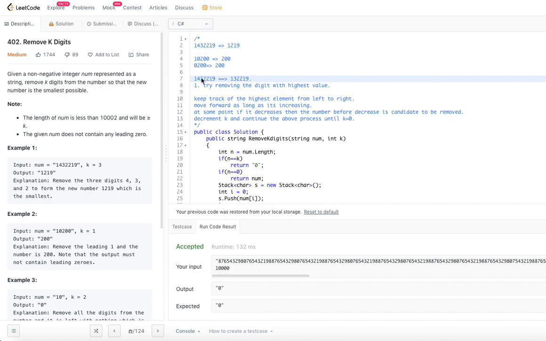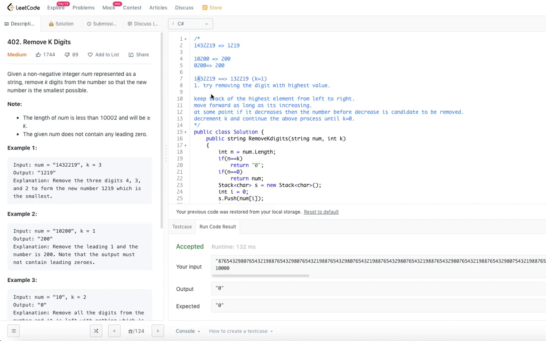By removing one number, let's say k is equal to 1, that's what I am going for here. That means we are trying to remove only one number from this. If we remove which number, that will become the smallest? That will be 4. So at a given time, what we are trying to do is remove one number at a time. Whatever the k value is, it doesn't matter.